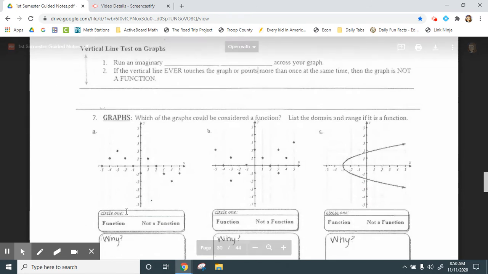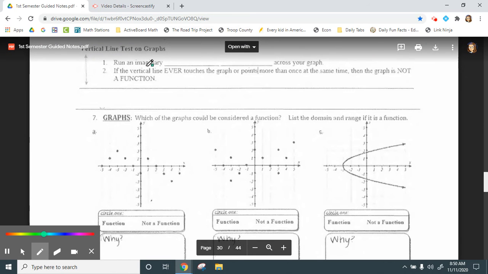On the back, we're going to use the vertical line test. So we're going to take an imaginary vertical line and run it across your graph. So a vertical line is a line that goes straight up and down. Vertical line test: if the vertical line touches 2 or more points at a time, it is not a function. So if you look here, put a vertical line here, that only touches 1 point at a time as you go down the line, so it's a